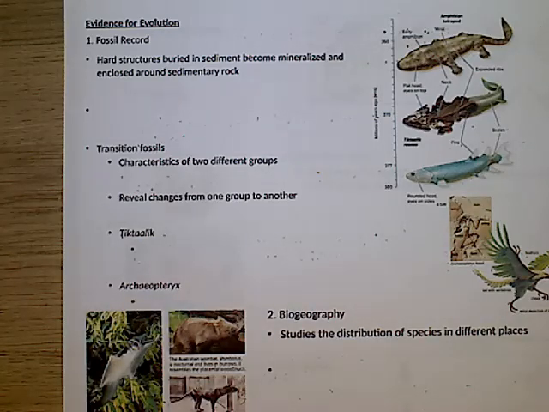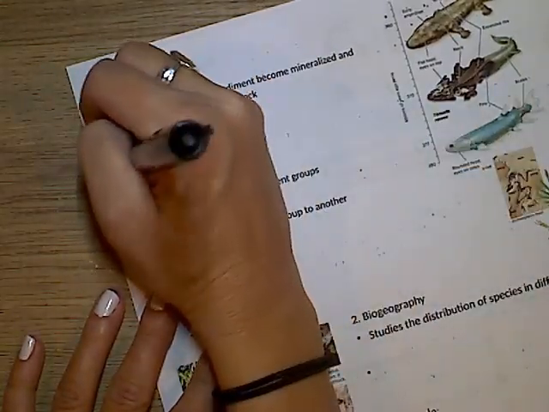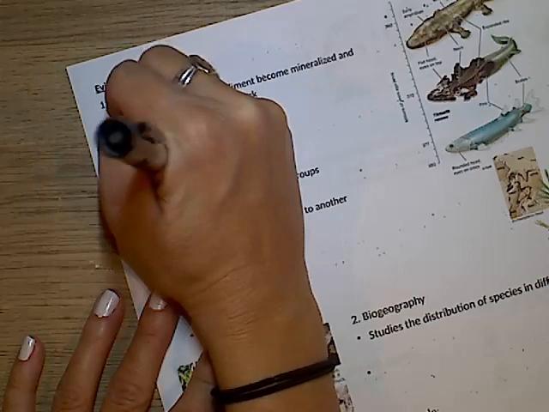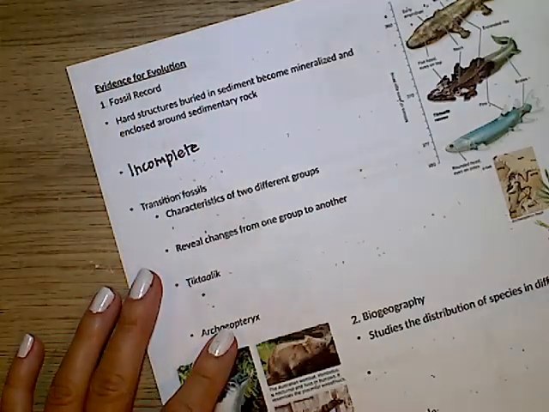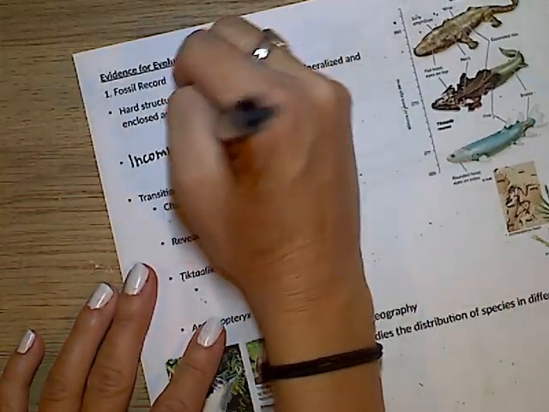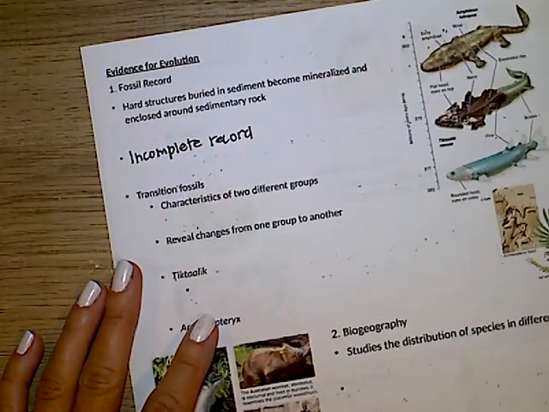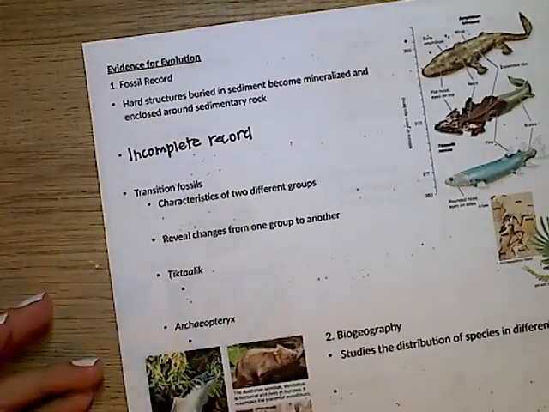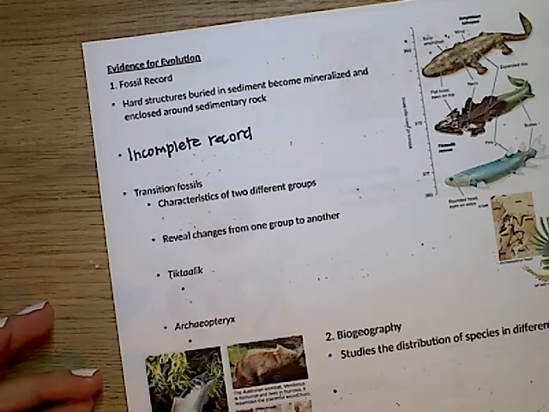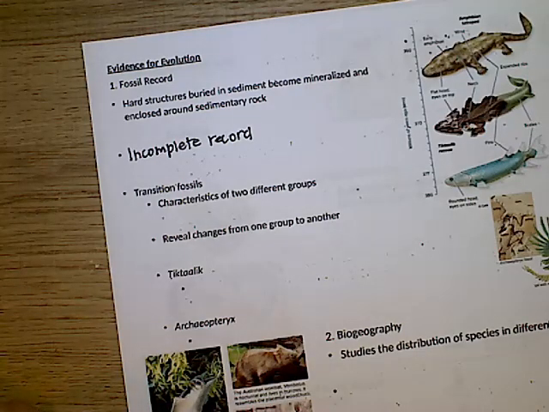So the way fossils are formed, and you've probably learned this before, we're teaching this right now in 7th grade. Hard structures buried in sediment become mineralized and enclosed in sedimentary rock. And you've probably learned that the fossil record is incomplete because for fossils to form, you have to have hard structures that can mineralize and make impressions in the mud. You have to die in an area where there is mud or where the sediment is able